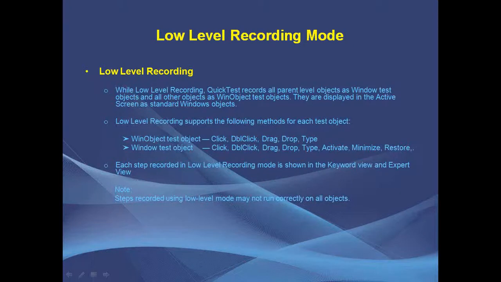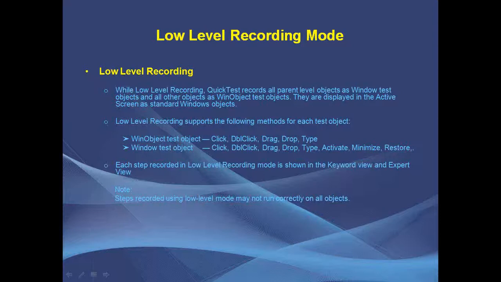In low level recording mode, whatever the application it is, all window level objects will be identified as window objects, and all child objects will be identified as win objects. And one thing we have to remember is that steps recorded using low level mode may not run correctly